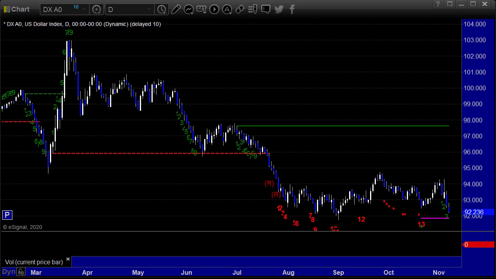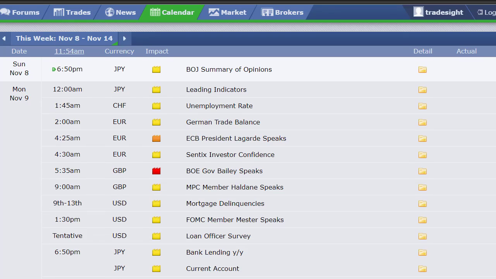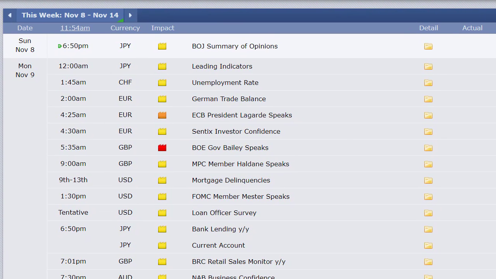Let's get to the economic data for the week ahead. So again, here we're going to start. If you're used to watching the stocks and the futures, this is everything around the globe, which is what we do on the Forex report. So not much on Sunday. Leading indicators out of Japan. Remember, all these are East Coast Eastern Time, U.S. Leading indicators out of Japan at midnight.